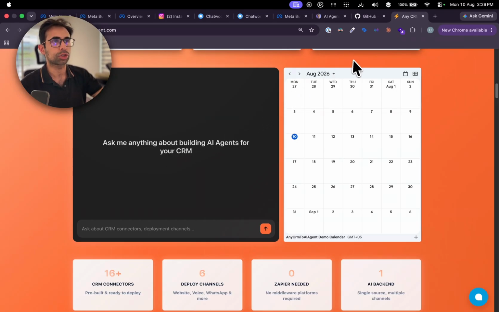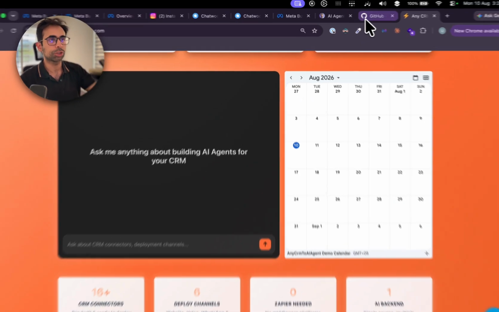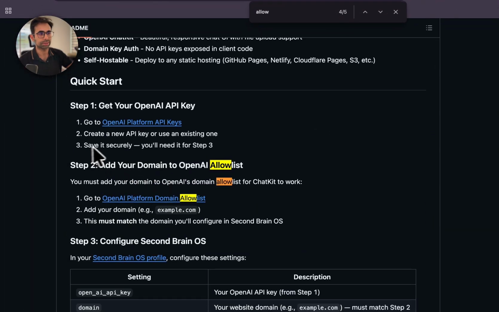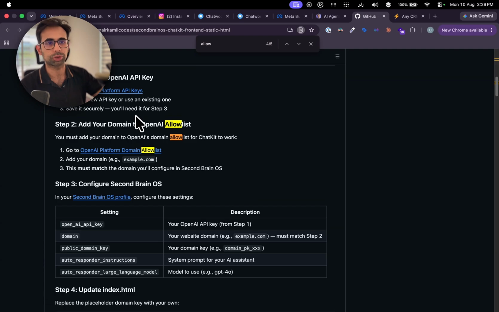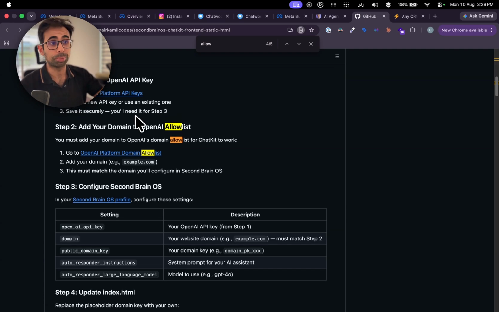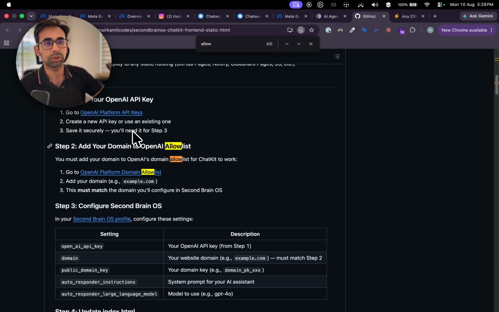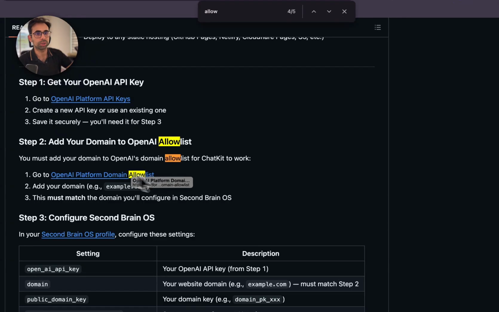any page, wherever you like. And so for that, what you want to do is I will share the link or all the details in the blog. If they're not there, I'll share a GitHub link. You don't have to look into the full repository for now. For now, we'll just do the bare bones and the basic steps. And this is assuming that you already have a website and you just want to add it to your website, right? So first, what you want to do is you want to go into this place called OpenAI Platform Domain